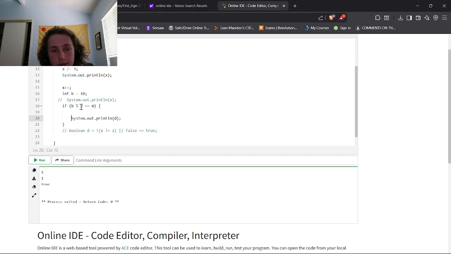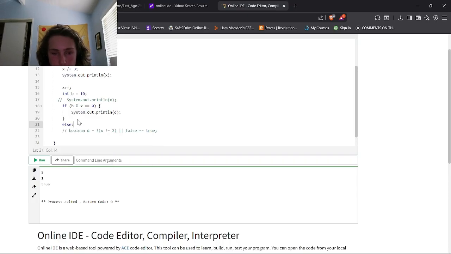So what this does so far is if b mod x is equal to 0, so basically if b is an even number, because x is 2, then it'll activate this,